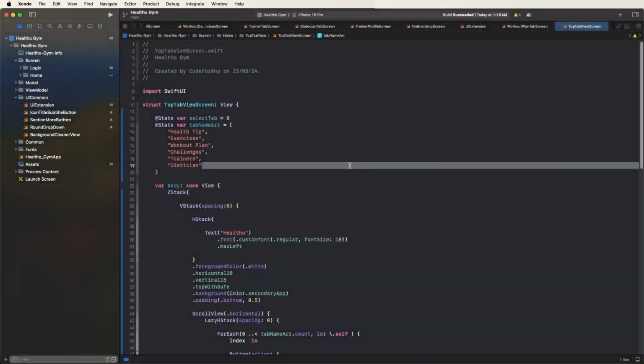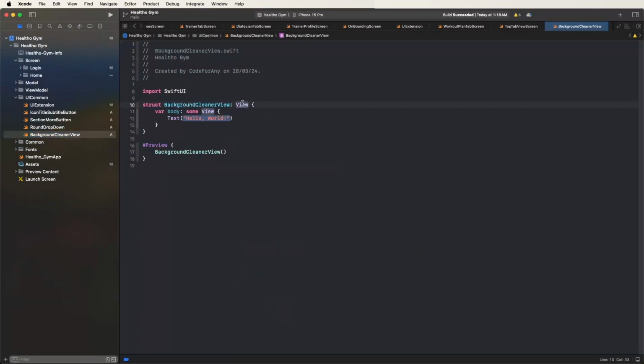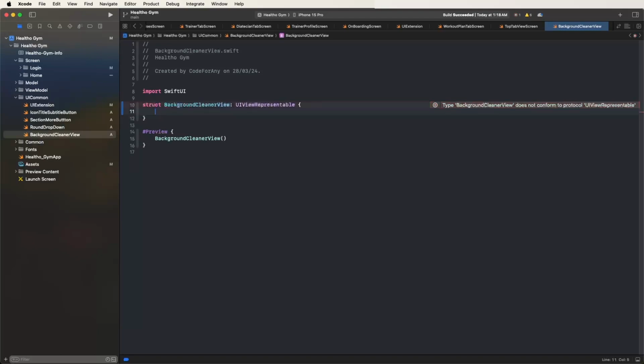Now call the UIViewRepresentable like this, and remove these lines. Now set the function makeUIView like this, and write let view is equal to UIView